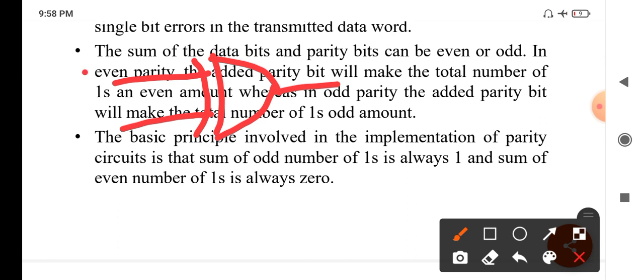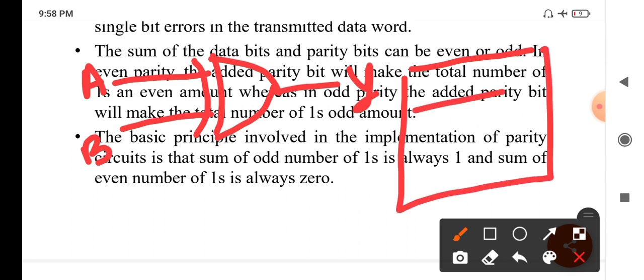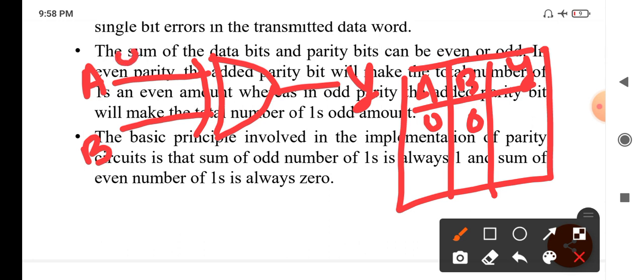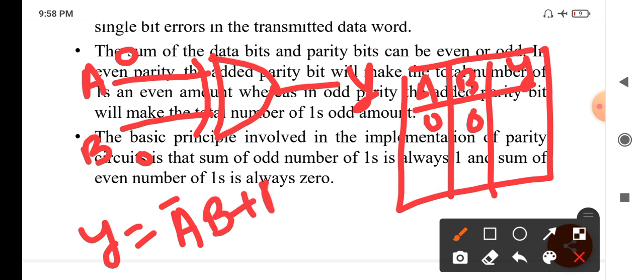So what is the XOR gate? The XOR gate consists of two inputs, A and B, and it has one output Y. So I just draw the truth table of the XOR gate, where we have A, B and Y. Say we give the two inputs as 0 0, and what happens to the output? I write down A complement B plus B complement A. Substituting, 0 complement into 0 plus 0 complement into 0, that becomes 0 here.